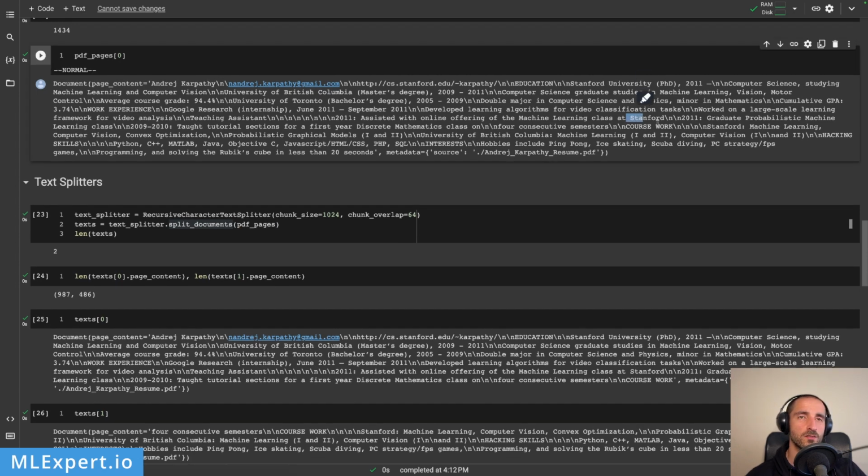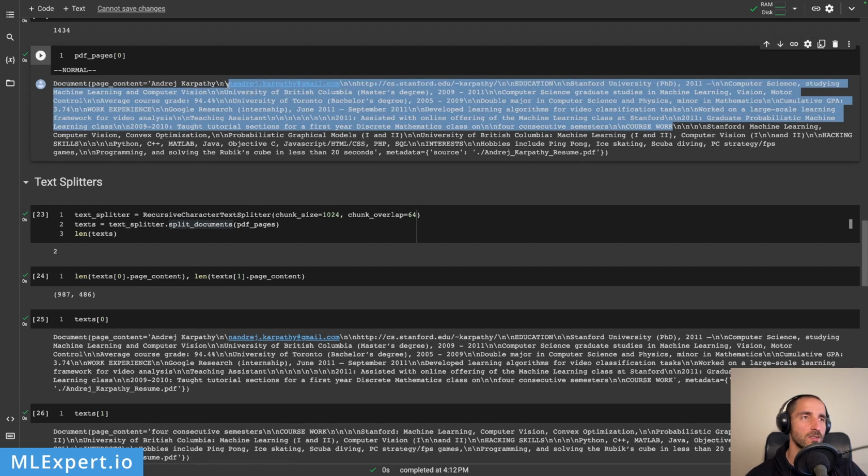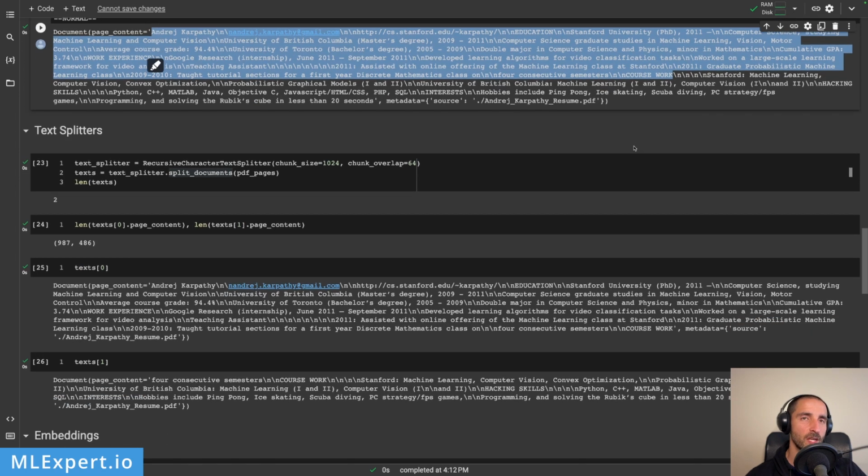So here it is. Up until somewhere here, this is essentially the first chunk. And then you can see that the coursework is not started within the second chunk, but the second starts within the overlap area, which is 4 consecutive semesters. So this is the one. But you can see that the character splitter is doing a good job of not splitting individual words. It tries to be within the bounds, but also it is trying to not split individual words into different